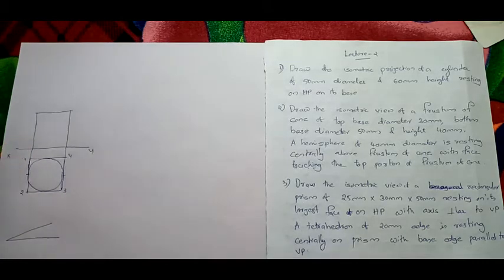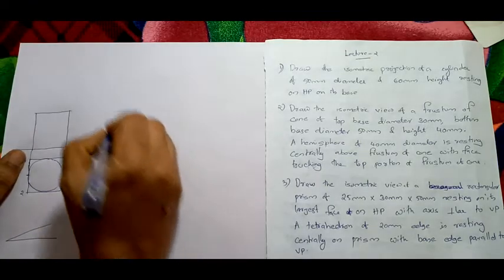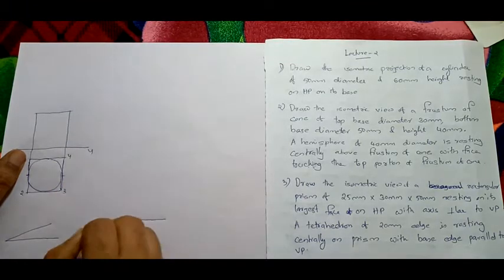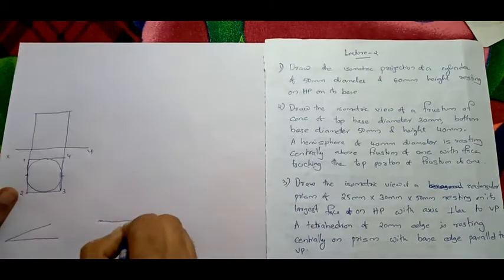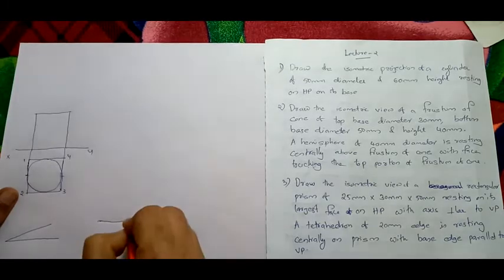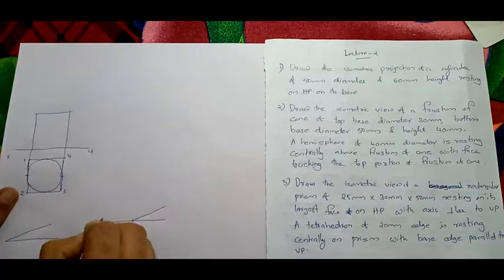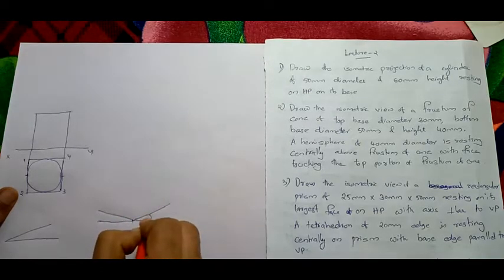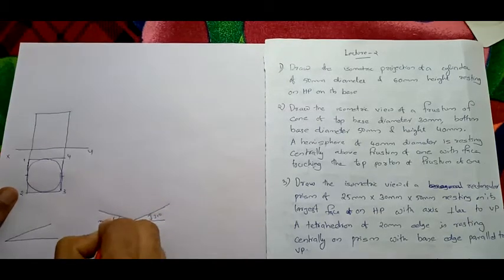So we will not take the true length; instead we take the isometric scale and draw that length. Now let's start with the baseline. So starting with the baseline. Now this is your baseline. From the baseline, first you have to draw two 30-degree inclined lines. This will be 30 and this will be 30.